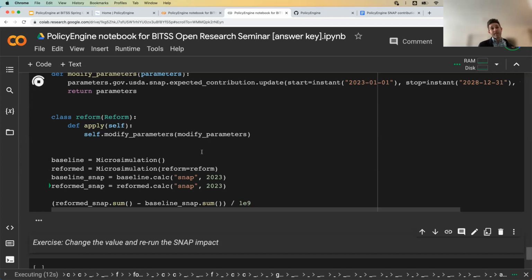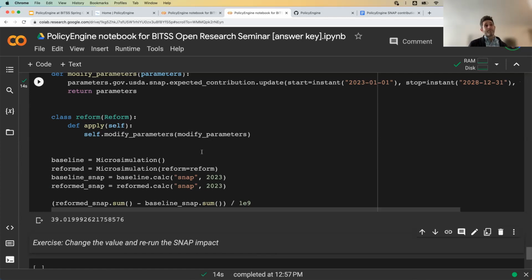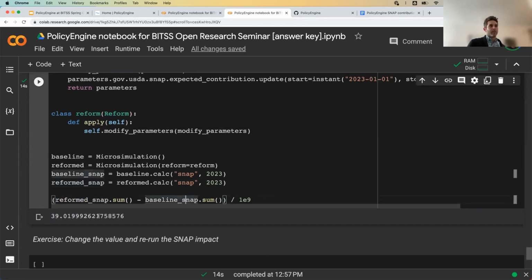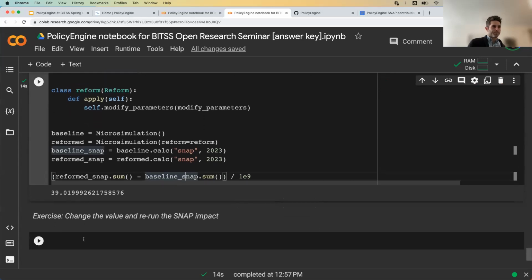That's one area where maybe there's an opportunity to be more transparent, so we can say what specific version of the microdata we're using. But yeah, so we've got 39 billion in total SNAP that is changing as a result of the reform.